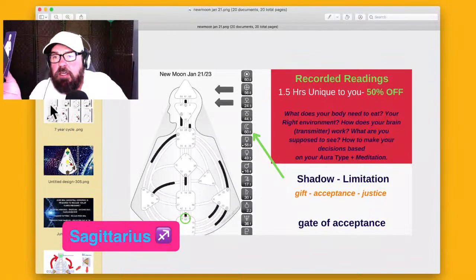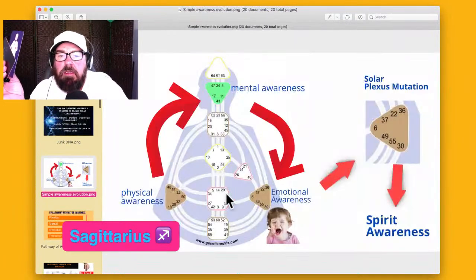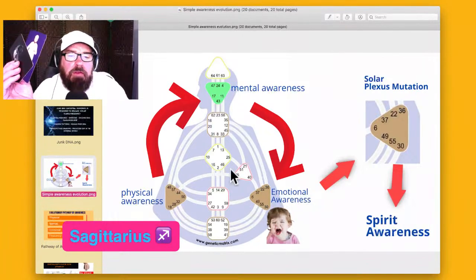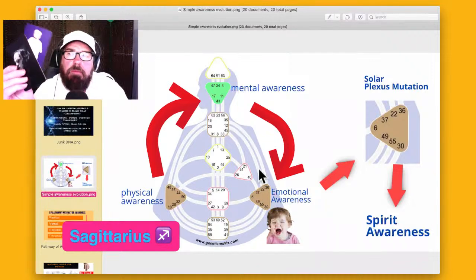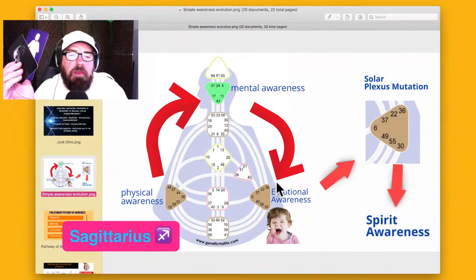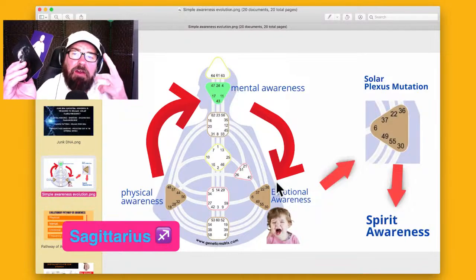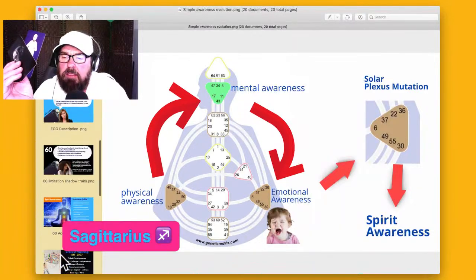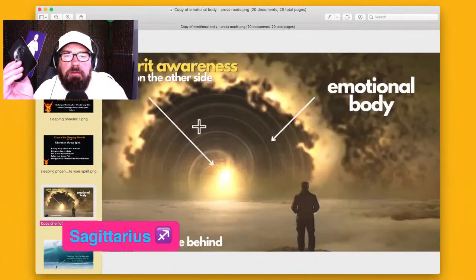So in terms of childhood, we've got to go back to this. This is Sagittarius, 0 to 7 years old. This is the work, right? We're evolving into this emotional awareness system, and we're being confronted with our emotions. So the little tiny tot, 0 to 7 years old, not feeling like you're worthy. Self-worth issues. If you're having money problems, you've got self-worth issues. So feeling the fear, the anger, or the sadness, and then going through that tunnel into spirit awareness.